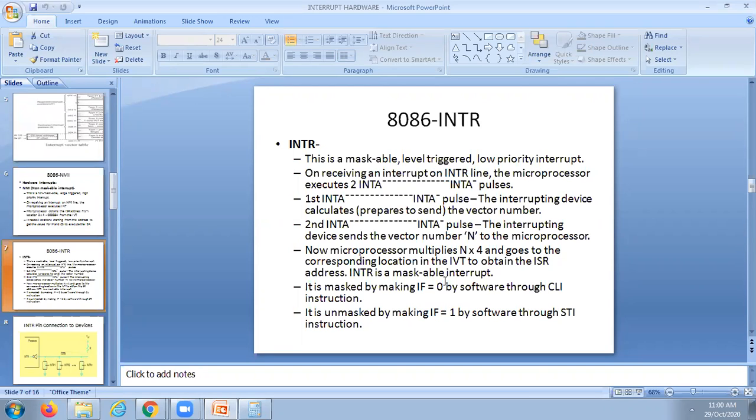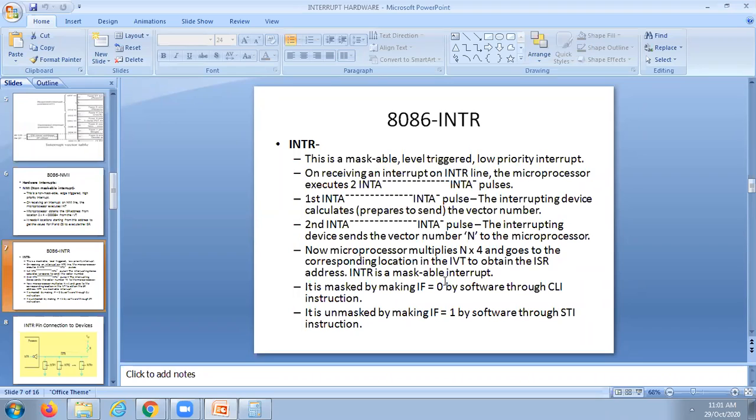These are instructions which don't have any operands. Does CLI have any operand? No. Zero. That's why you call them zero address instructions. Zero address means there are no operands, only default operands, which are given in the instruction itself. Clear interrupt flag clears the interrupt flag bit, that is IF equals 0. It is a zero address instruction and comes under implied addressing mode.